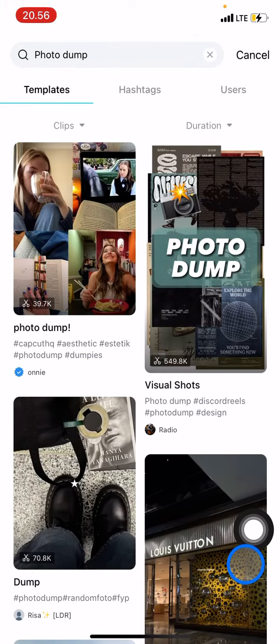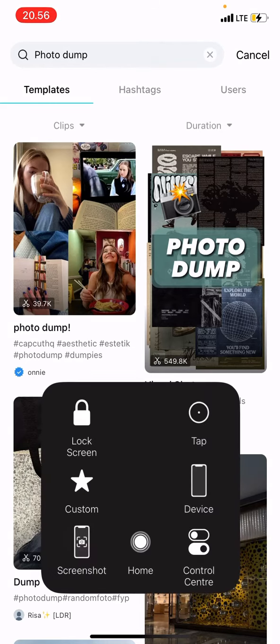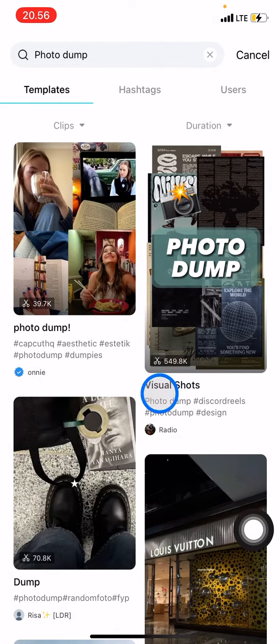Now you already have several templates that you can use for your photo dump content. I would also suggest that you use a template that is already used by a lot of people, such as this one, the visual shots. Just click it,